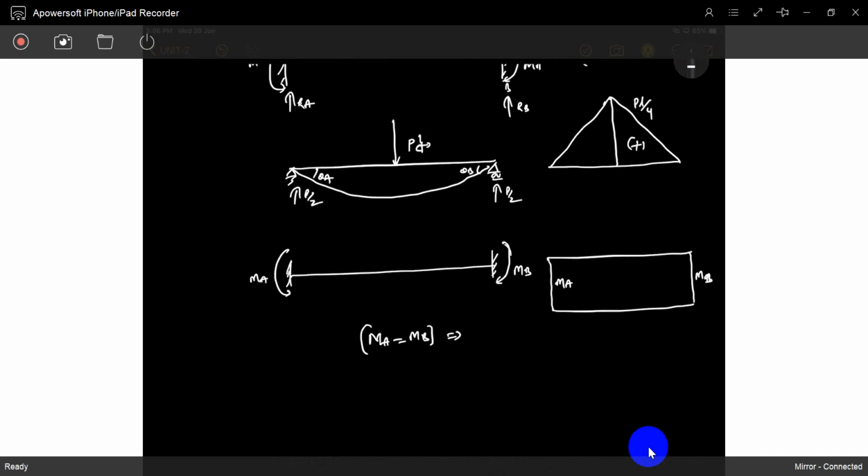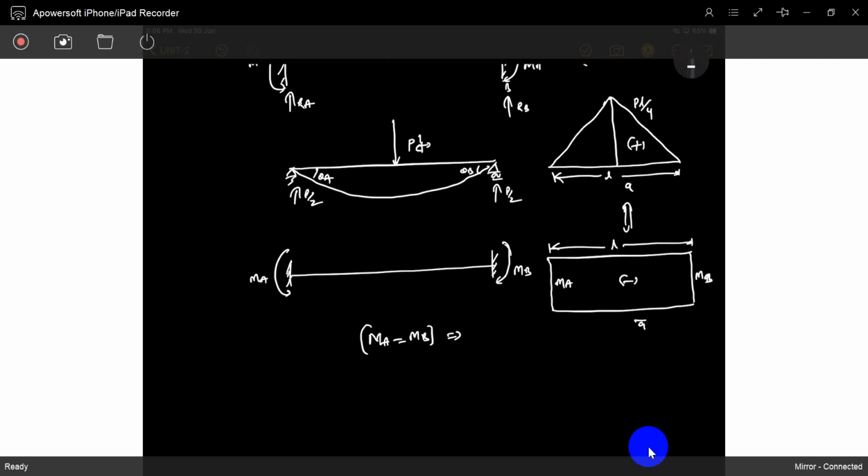So this is called A, and this is called A dash. We already know the areas of both bending moment diagrams are equal. You know? So what is the area? This is L, this is also L. This is positive, this is negative. Both bending moment diagrams are equal.